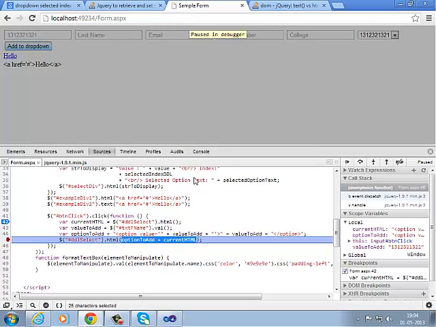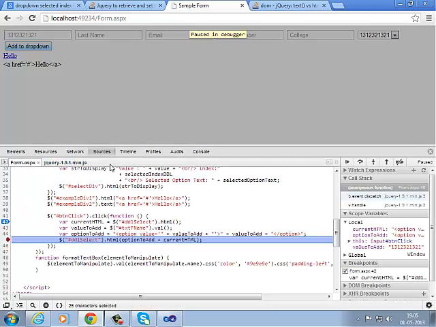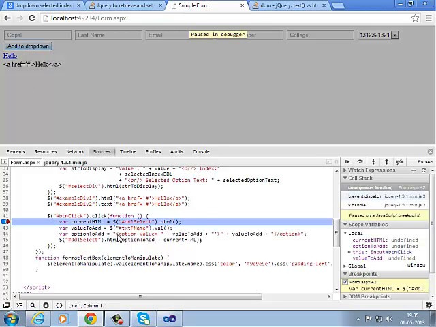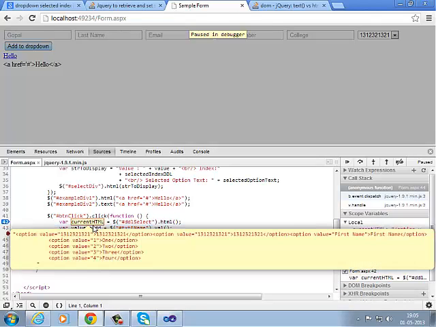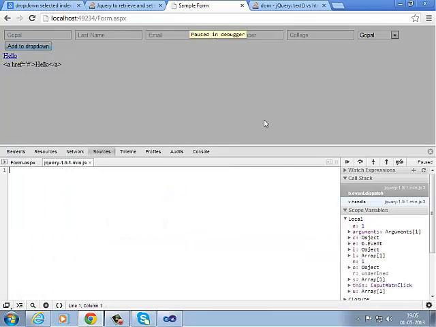Make sense? So what does this give? This adds a new option like this. Okay. So now there will be 2, 1, 2, 3, 1, 2, 3. So if I want to add Gopal, current HTML will be retrieved, value to add is Gopal, option is built, then